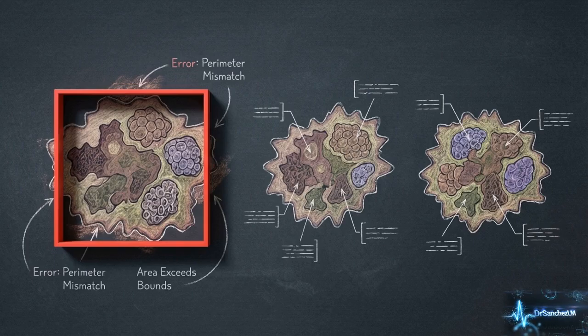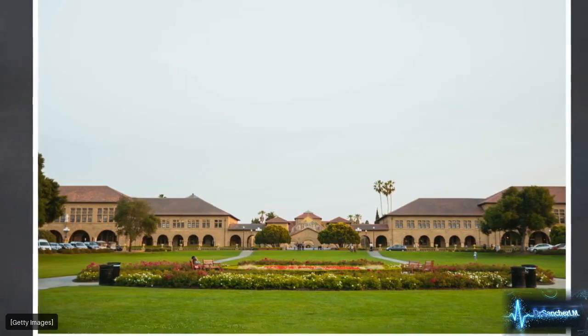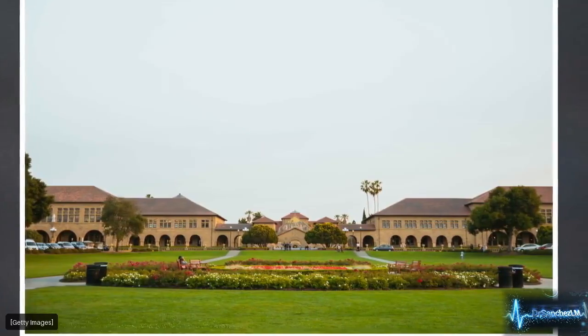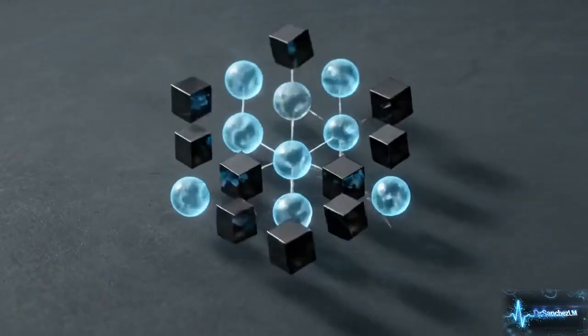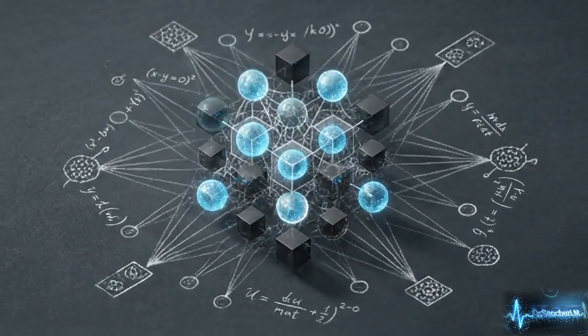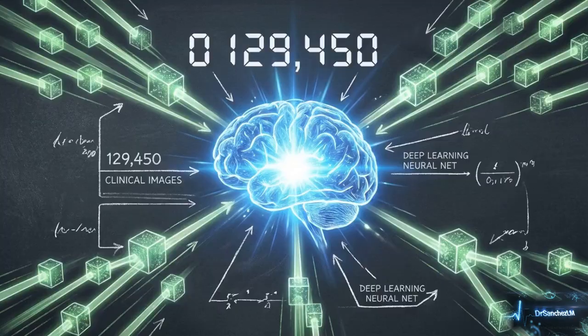programmer's definitions. That approach reached a limit in 2017, when a team at Stanford University shifted the methodology. Instead of trying to write better rules, they designed a system that could learn the patterns of disease on its own. The researchers utilized deep learning, a specific type of machine learning modeled after the human brain, to process 129,450 clinical images of skin lesions. This massive dataset allowed the system to independently identify microscopic markers of cancer that are often invisible to the naked